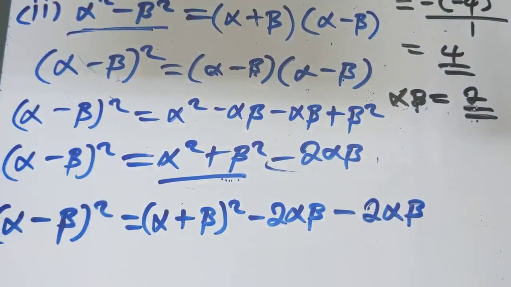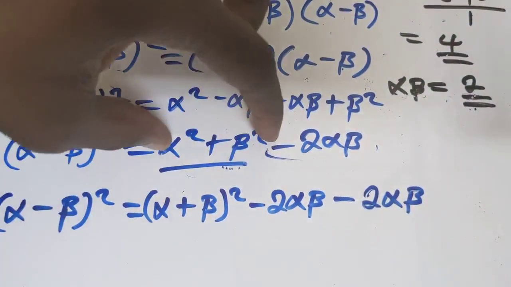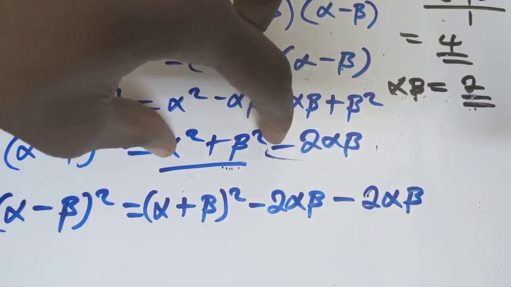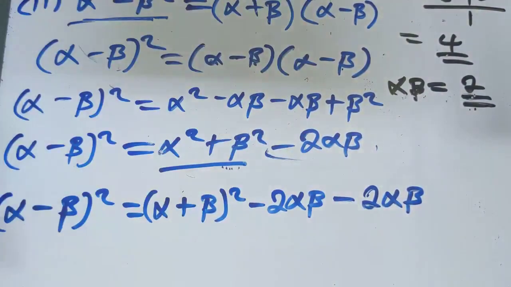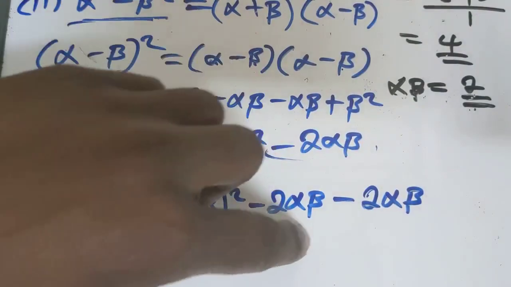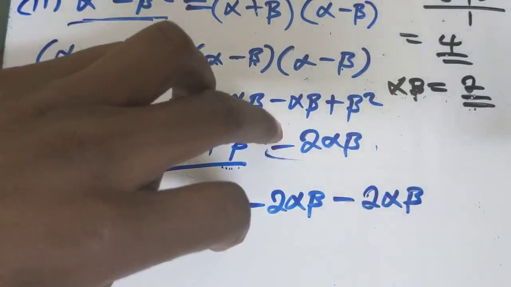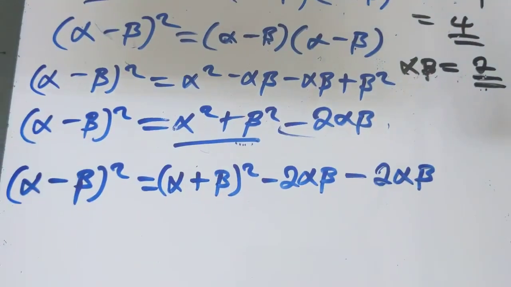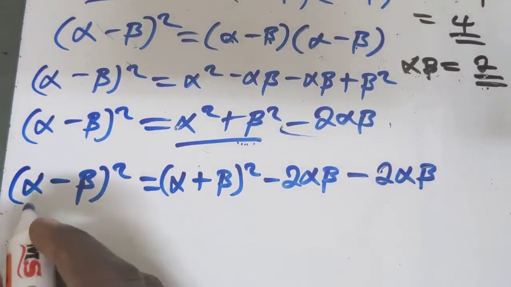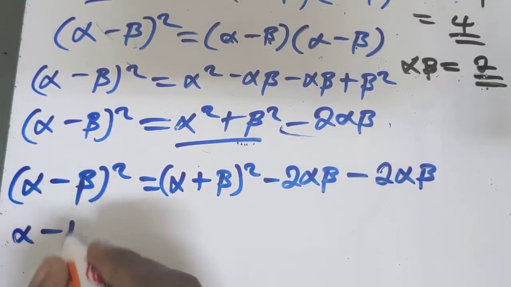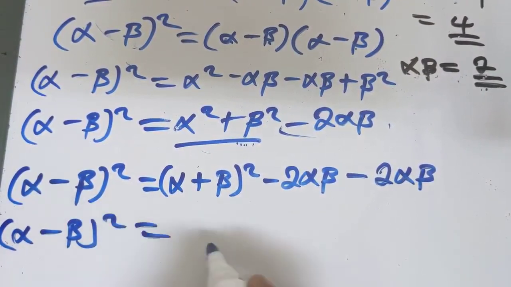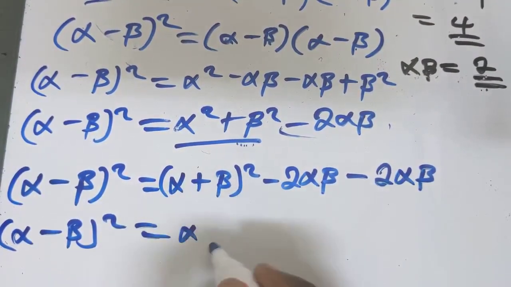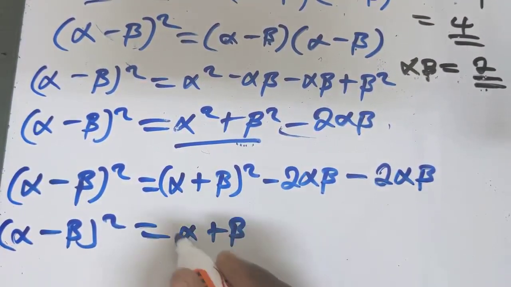Are we together? I hope you are getting the concept here. So this part, we have just removed and replaced by this formula. The formula for this one is this one. Then what has remained is that one, so we can actually solve right here. So this is alpha minus beta, then the square is equal to alpha plus beta,